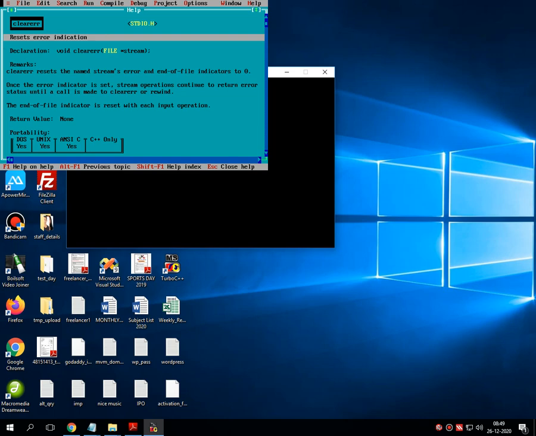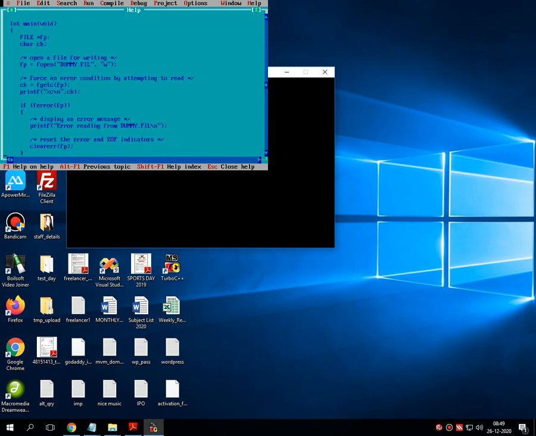That means, suppose due to some technical errors or syntactical mistakes, if compiler throws an error message onto the screen, and suppose we wish to reset the entire number of error indications, then that can be done using this clearerr function. This is the syntax of using clearerr function. Simply we have to pass a file pointer.